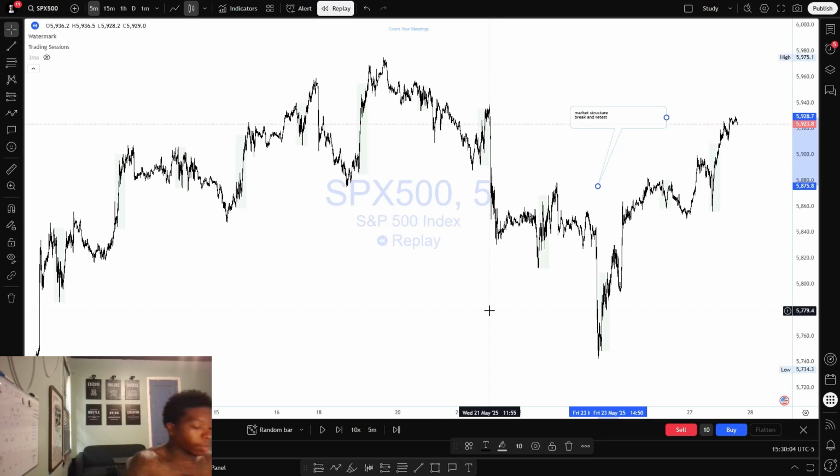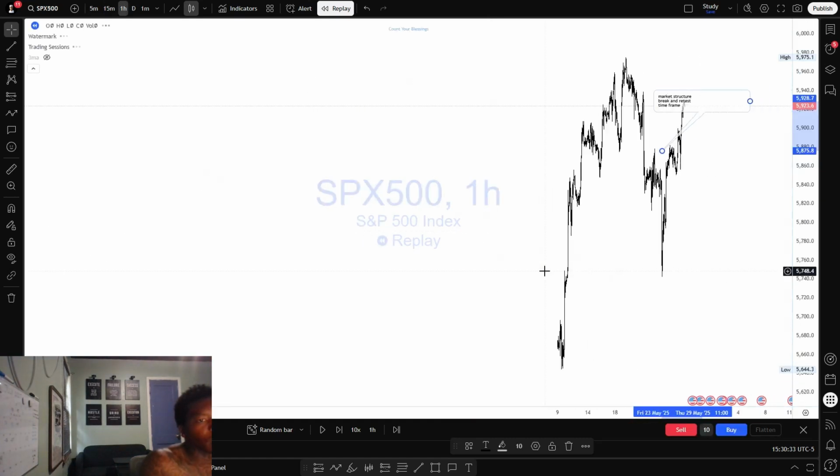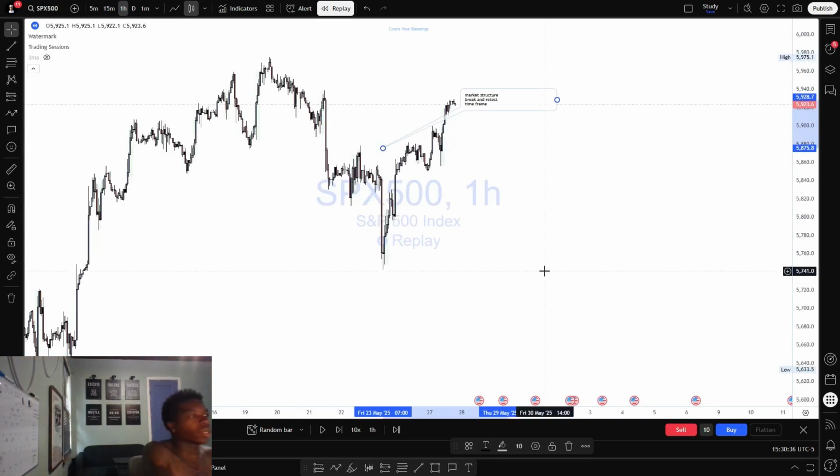Of course, time frame. At first, we was taking our trades on a higher time frame, and we eventually got down to the 5 minutes, which I am enjoying. I am liking the 5 minute time frame, the smaller time frames, because we're able to take a position on a smaller time frame and use larger time frame correlations to hold our positions longer or see if this level is a strong level, just those things.